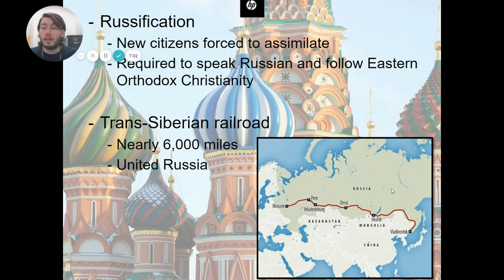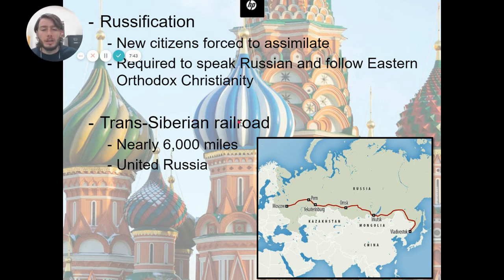They also said you have to convert from whatever religion you are, you have to convert to Eastern Orthodox Christianity. And if you don't, then you can't be Russian. And so in Russia today, a large majority of their population, like 99.9% of their population, speaks Russian and practices Russian Orthodoxy or Eastern Orthodox Christianity. So this Russification process became very important to Russia because it made them who they are. And if you look at their country today, not just like medieval times or during the colonial period, if you look at them right now, they're very similar to what they were back then. Their culture is the same.